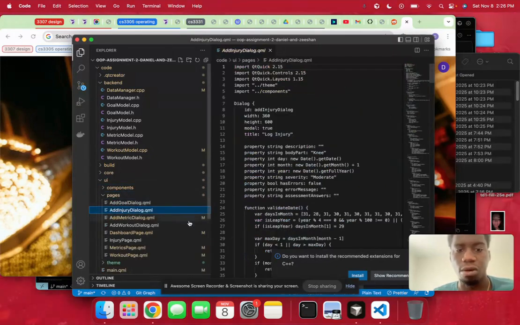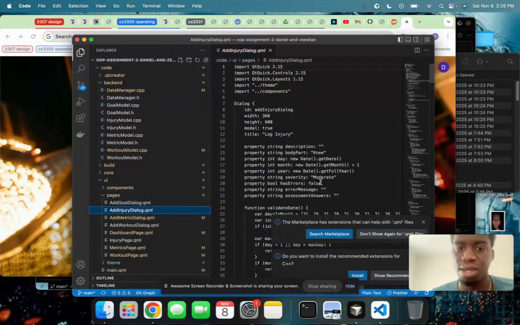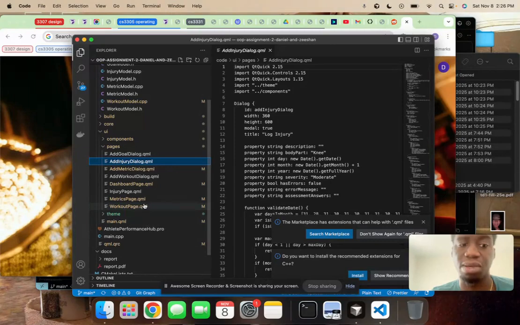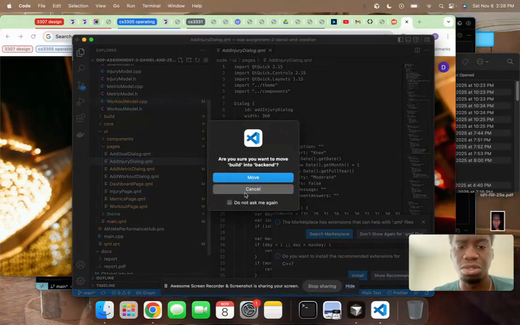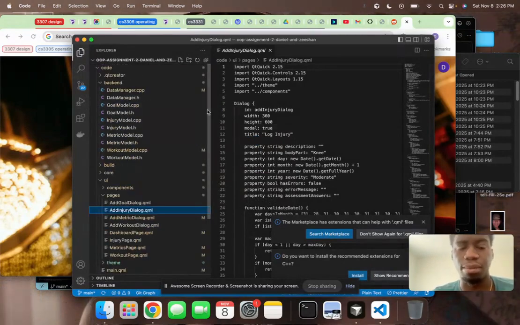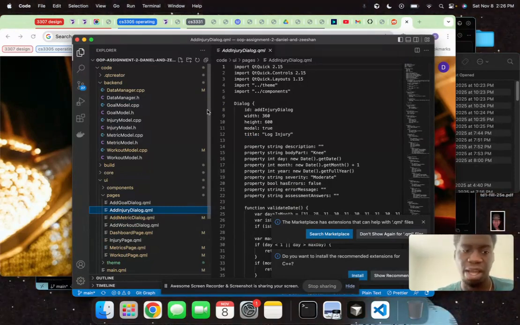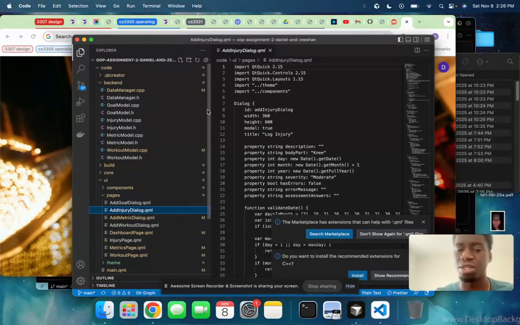So our injury dialog, we have a lot of dates. And yeah, those are mainly the metrics that we have so far, and the components that we use. So mainly what's been shown was just the dashboard page where it has all the information for recent workouts, and then the injury logs of questionnaires that we've also